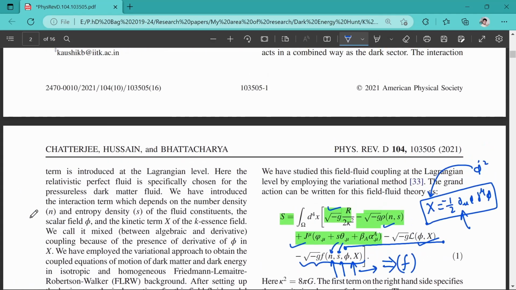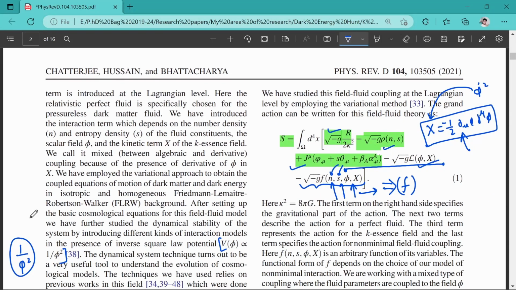Now we will try to study this approach using the Lagrangian concept. In the previous video, we defined that suppose this is your energy momentum tensor, and if you take the covariant derivative, it gives you rho dot plus 3H(rho plus p) equal to 0. And suppose you have two components, T mu1 and T mu2, then there will arise a plus Q term and a minus Q term, and together the energy momentum tensor is always conserved.